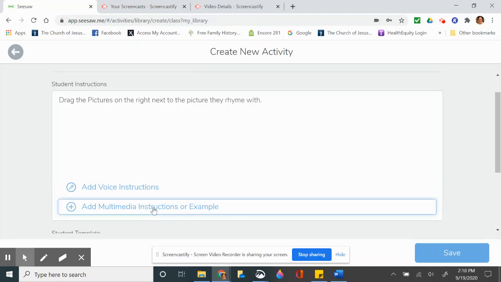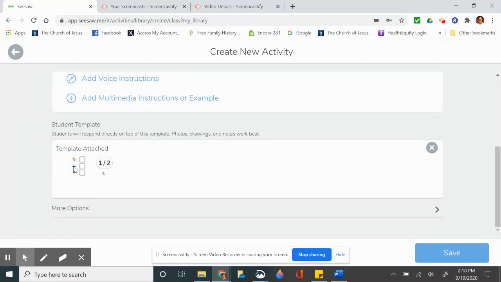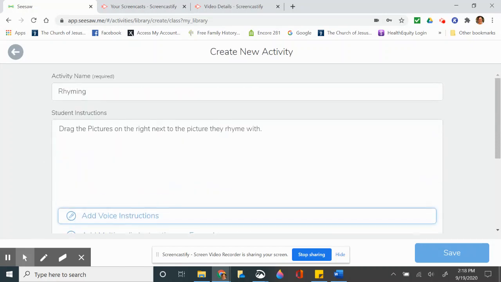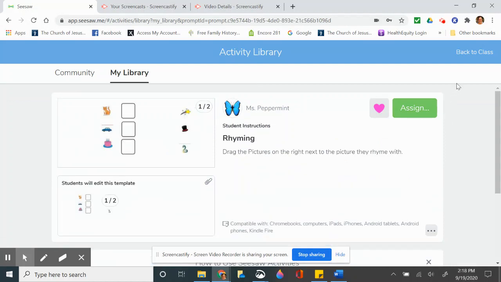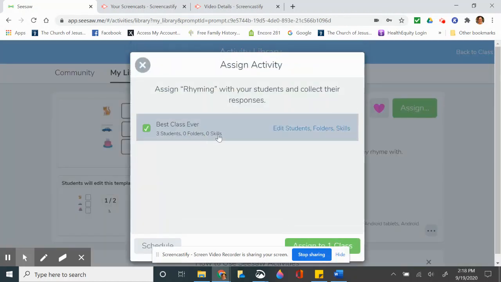multimedia instruction right here is that my kids are most likely not even going to look at it unless I have my instructions down here within the template. And the reason is when they go to do an activity, I'm going to show you. Let me save this real quick. Okay, watch. If I go and assign this activity,